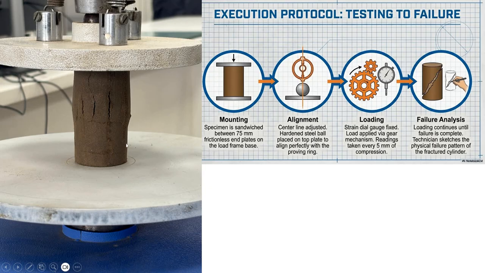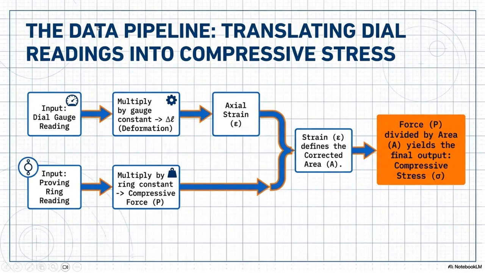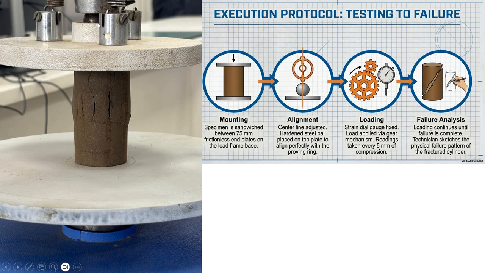The students prepared a mold with a diameter of about 38 millimeters and a sample height of 76 millimeters. Here you can see that there is a ball provided at the center, so that the load is applied uniformly and the alignment is at the centroid. The response of the loading was recorded by a strain dial gauge, and readings were taken for every 5 mm of compression, and this equipment was attached to the computer,